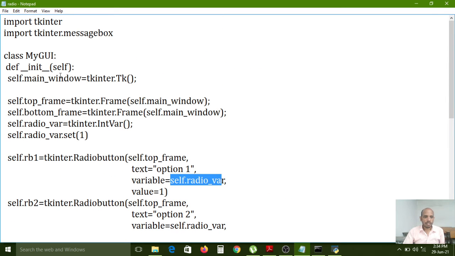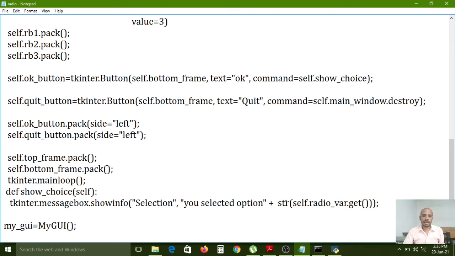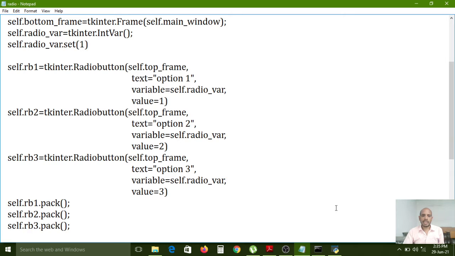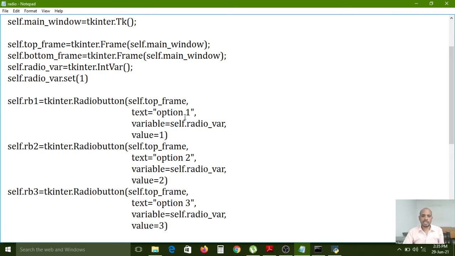So in radio.py, the main window is created, after that two frames are created, after that the IntVar object is created as the self.radio_var object, right? So this is the variable. Along with option 1, if you select option 1, we have one variable and one value, so it will return that value. Here we are calling that value by using that variable name, na. self.radio_var.get will collect the value from the first option. Here option 1 is there, na. From the first option, whichever value we have configured, this is the variable and this is the value: self.radio_var equal to 1.